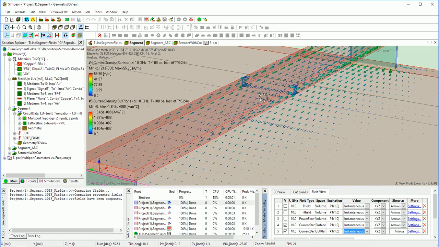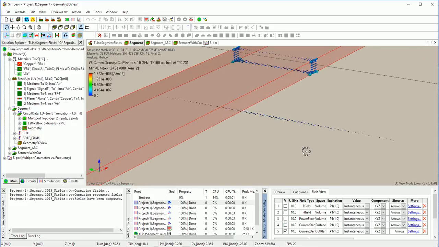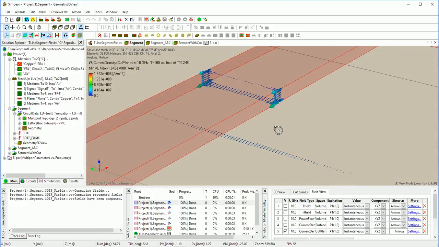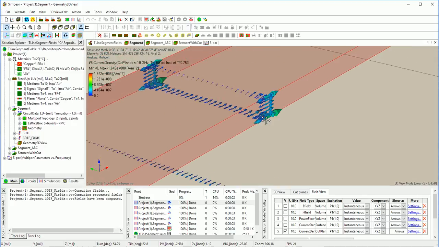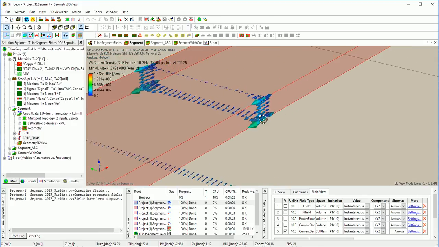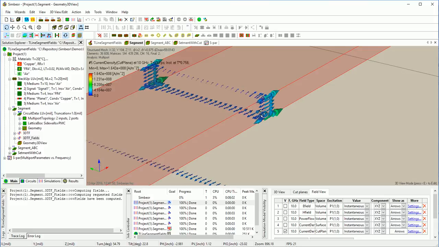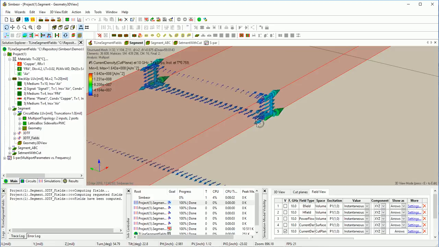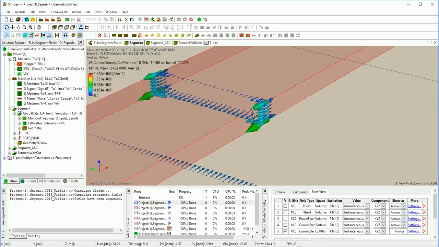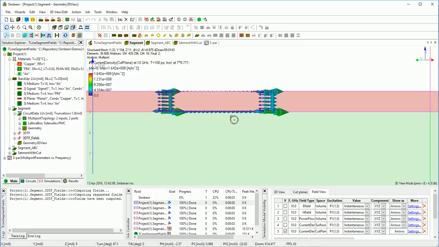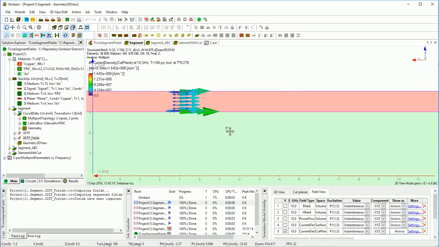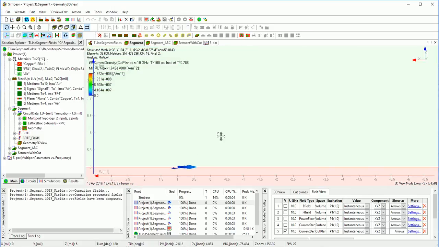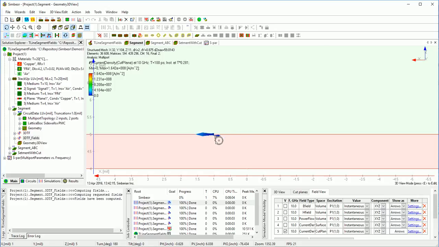Now we can see a detailed picture of how the current distribution takes place inside the conductor. We zoom in, and we can observe that some currents are lagging behind inside the conductor. The skin depth here is 0.026 mil, so it's a very thin layer on the surface. If you take a side view, we can see that the skin depth is almost vanishing here, but simultaneously you can see how